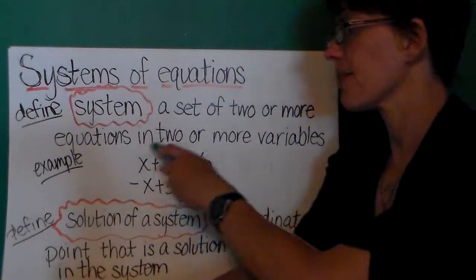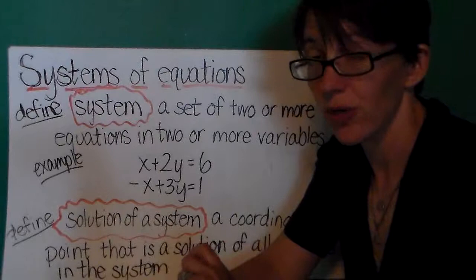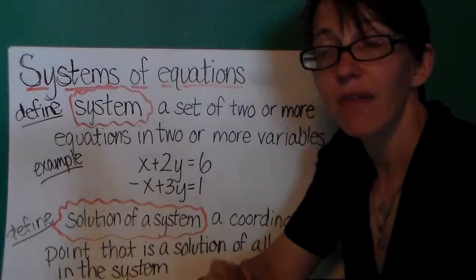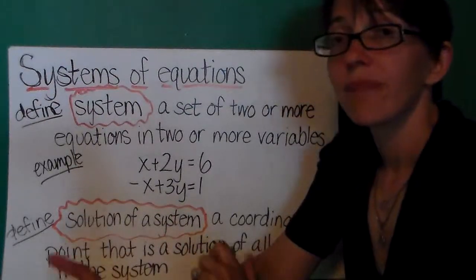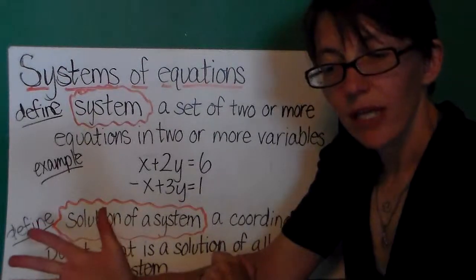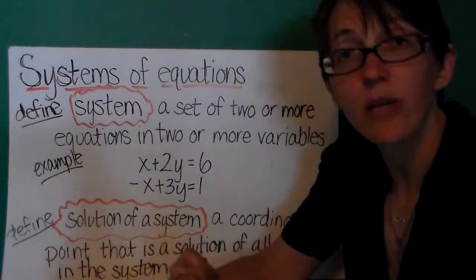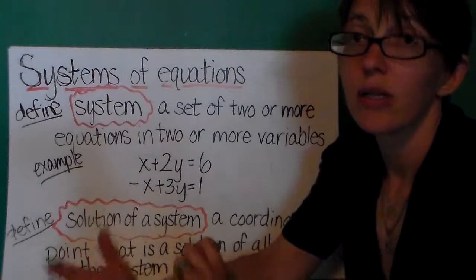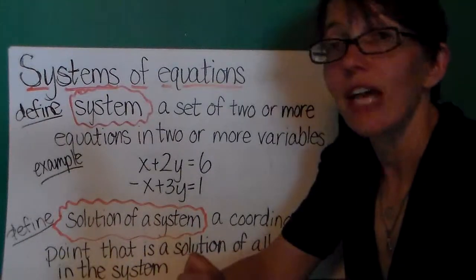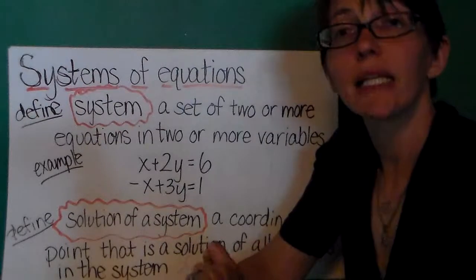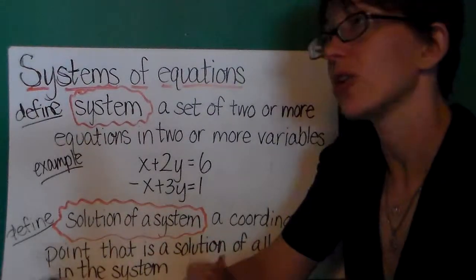Even though in this example both equations have two unknowns, it is possible to have systems that have one equation with two unknowns, one equation with three unknowns, and one equation with only one unknown. So as long as you have at least two equations and at least two total variables, you have a system